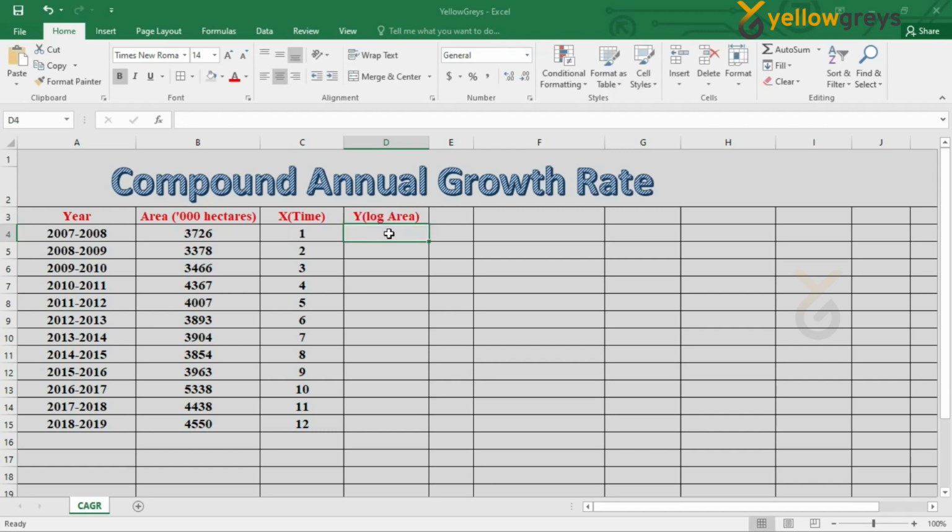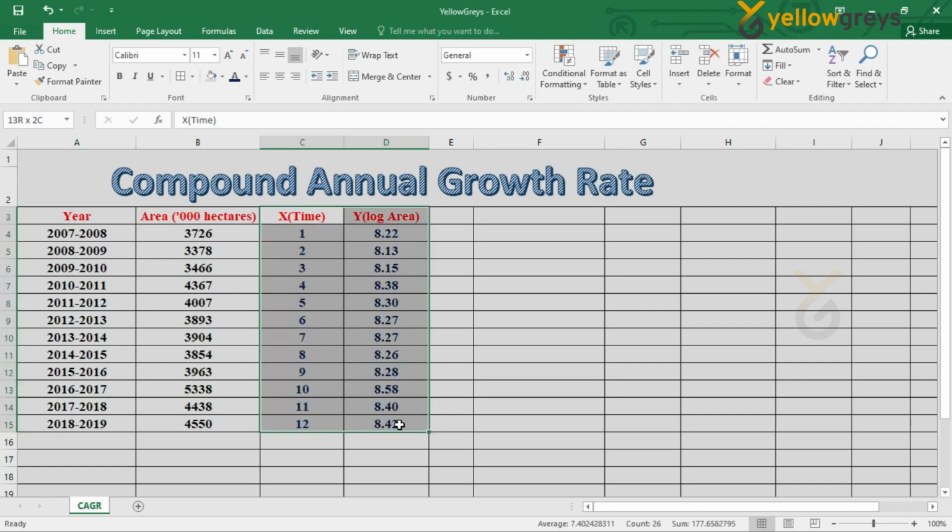To estimate log, we have to type equal to ln, open the bracket, select the cell reference of the cell in which the data is present, close the bracket and press enter. Drag the cell in order to get the log value of the remaining data.